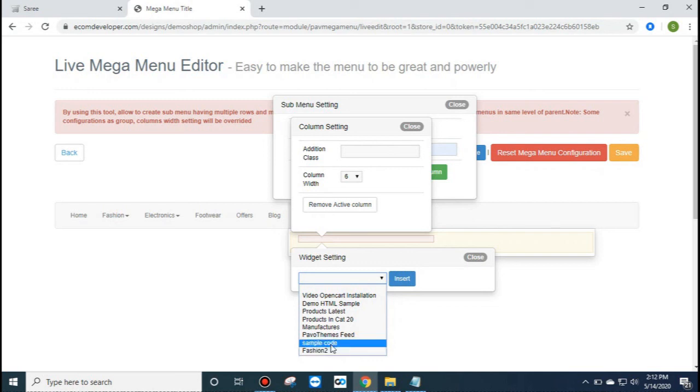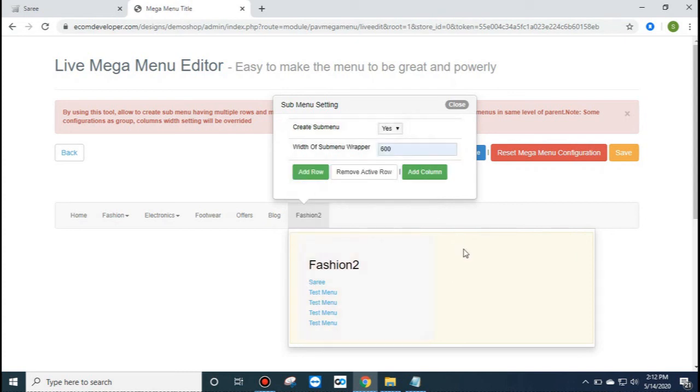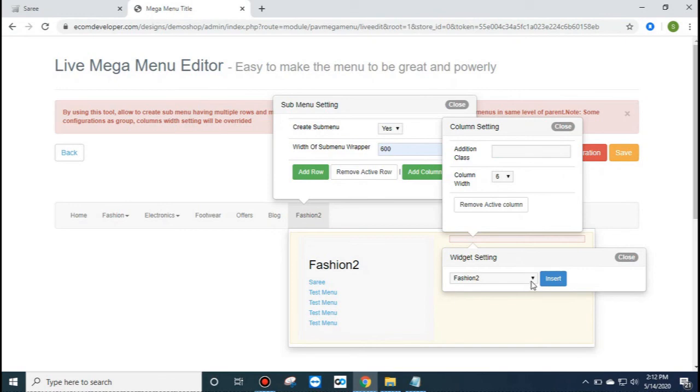Let us suppose insert this fashion 2. Similarly we can add more, add column, you can create another widgets. Currently I am inserting this sample code just to show you. Click here save, this save button,